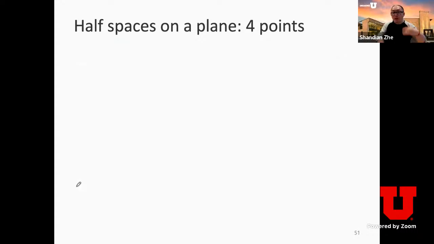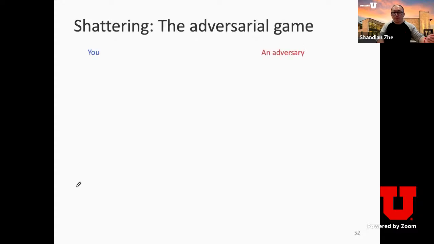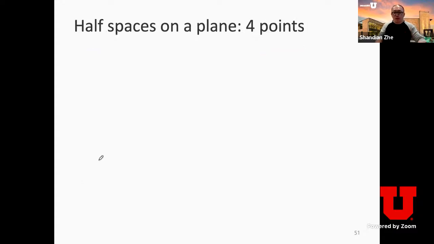So we can proceed to more points, like four points. You'll find that in a two-dimensional space, it cannot shatter just any four points, even if those four points are not on the same line, or no three of them are on the same line. This looks like the simplest location of those points. They cannot be shattered by linear classifiers. So perhaps you'll be asked to prove that in the homework.